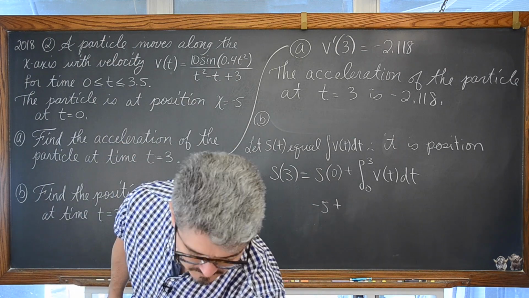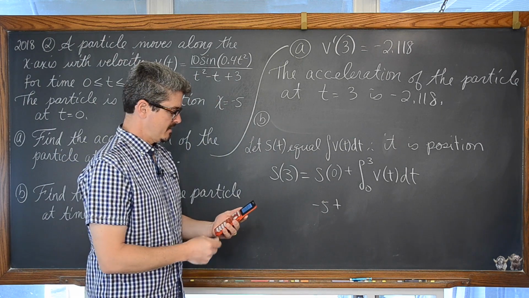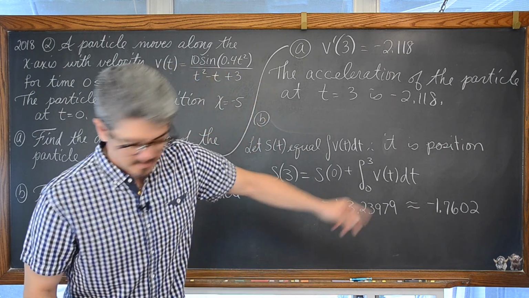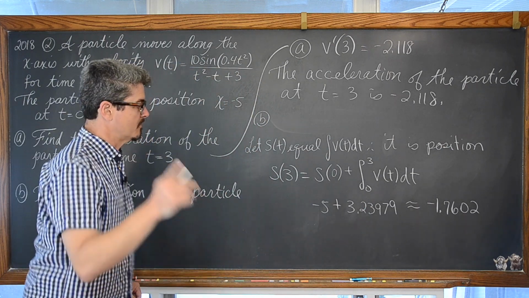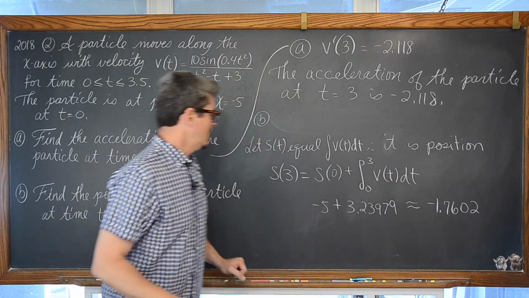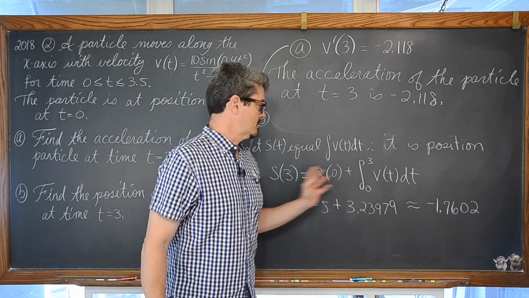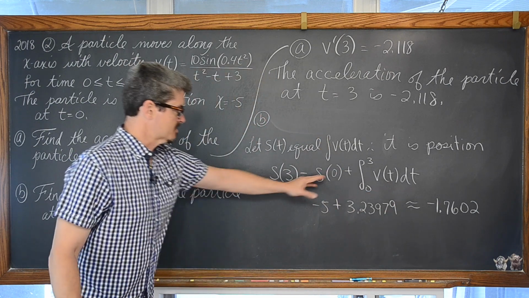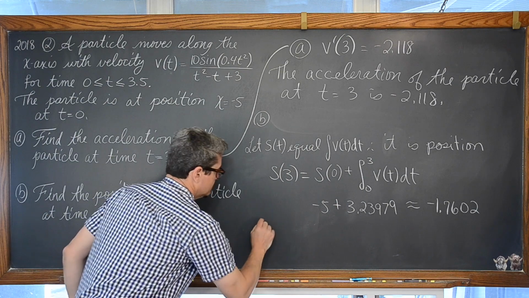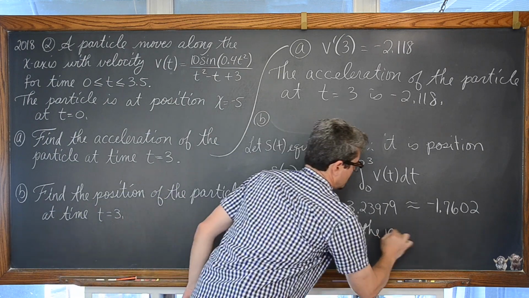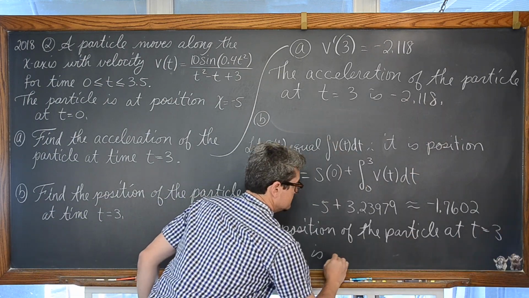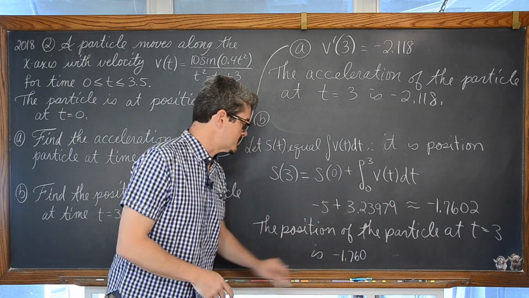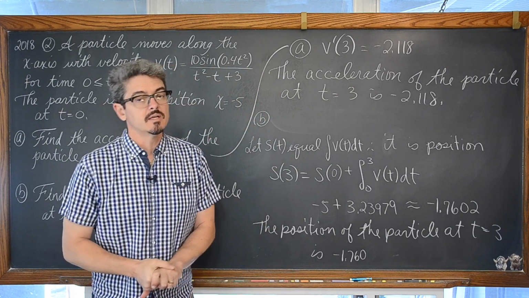Right off the top of my head, well, my work here just has a final answer, so let's type that in. Let me double check that. Excellent. And I went ahead and rounded off to 4 decimal places. Now, we have our work shown. Probably going to get a point for setting up the correct equation and using the proper limits and taking into account that we understand there's an initial position and stating that the position of the particle at t is equal to 3 is equal to -1.76.